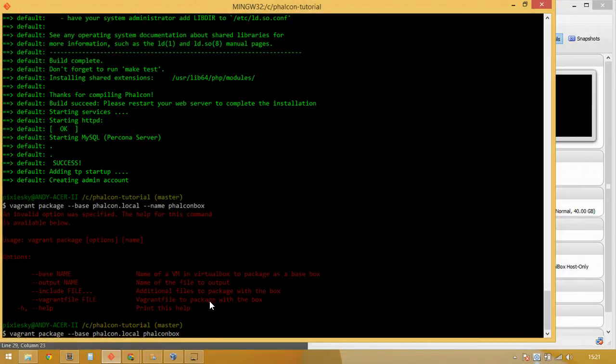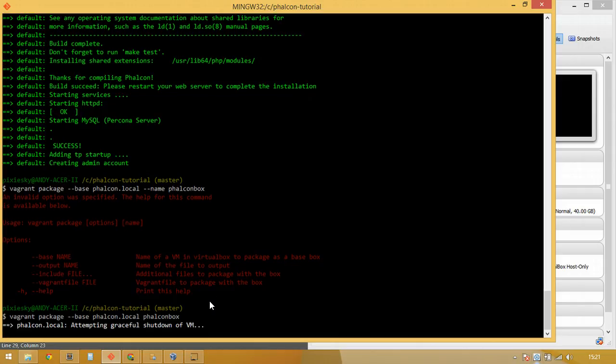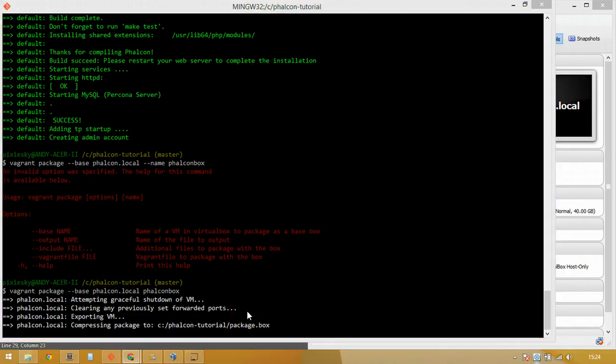I don't use it very often, so I often forget. And then it will go through its thing again, and this takes a little while, so I'm going to pause the video. So we've got to the stage where now it's compressing the package.box file for us,